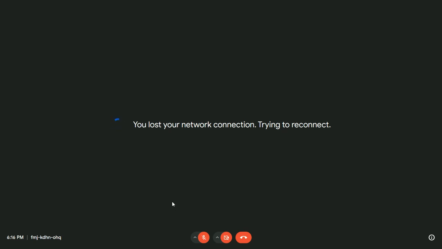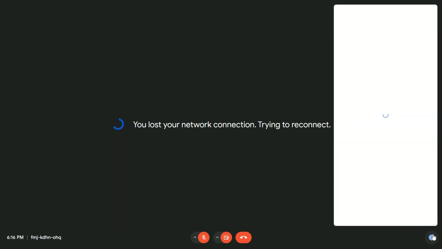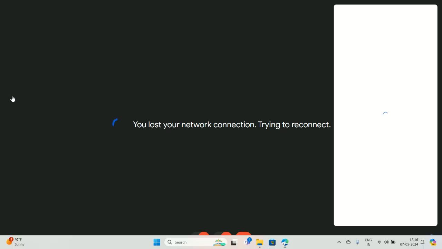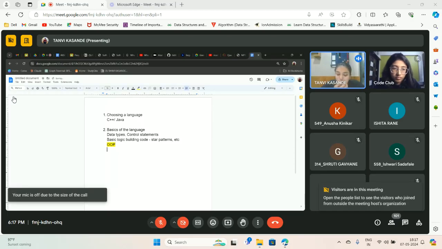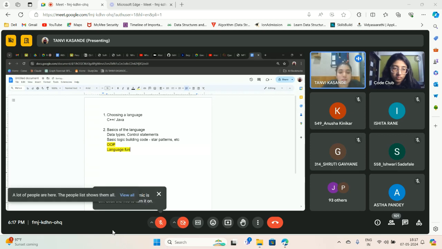But if you are comfortable with Python, you can solve questions in the coding test to save time, but essentially you should know C++ or Java by heart for solving this. Then moving on, we will have the basics of whichever language you choose. In whatever language you choose, you should know the language fundamentals as well.